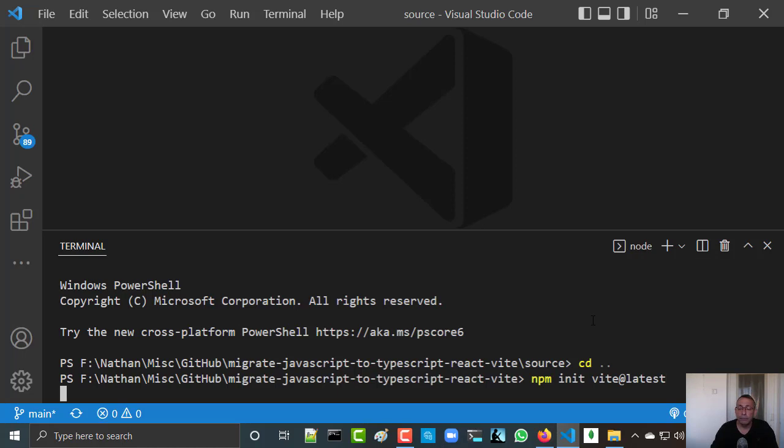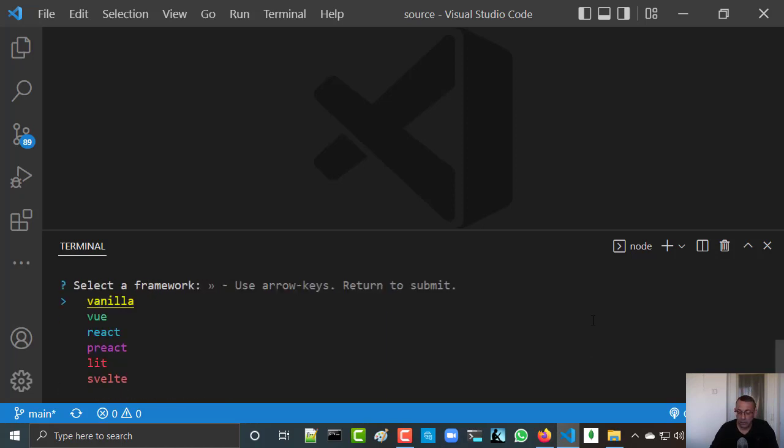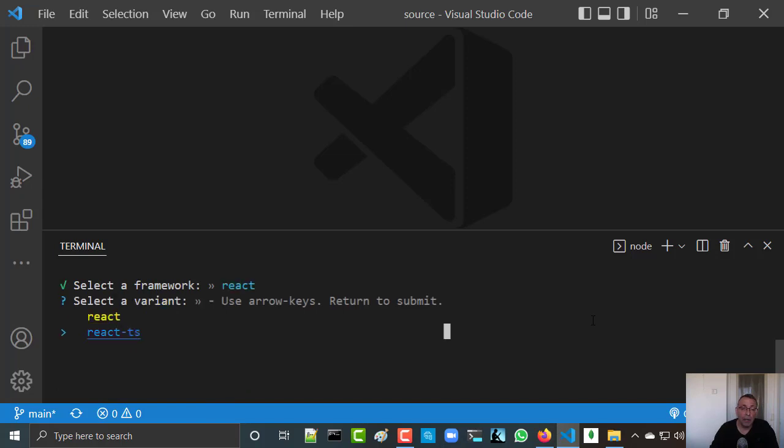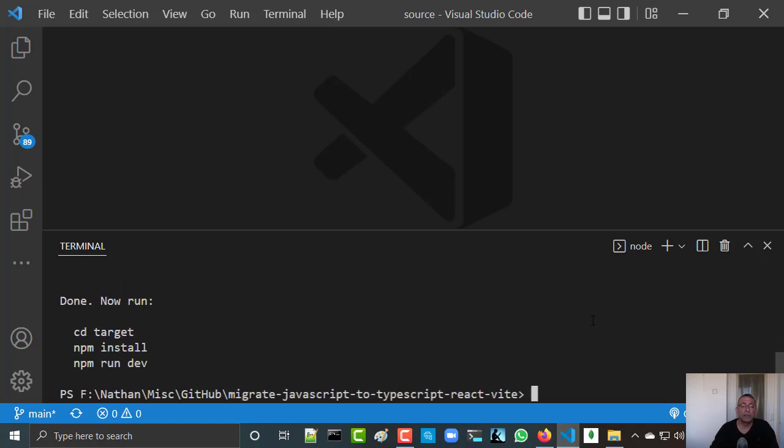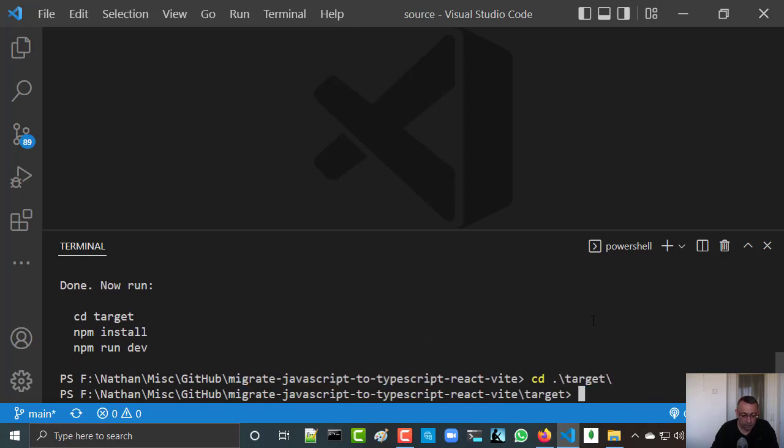Let's choose target, choose React and React TypeScript because we want to create a TypeScript project. Okay, so cd target, npm install,